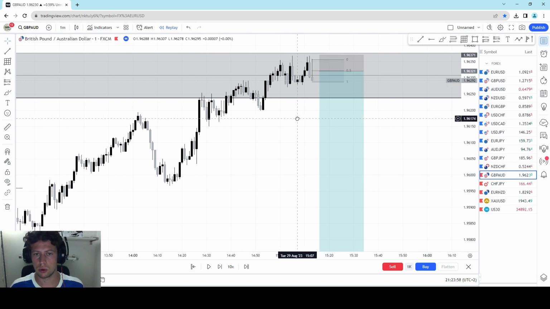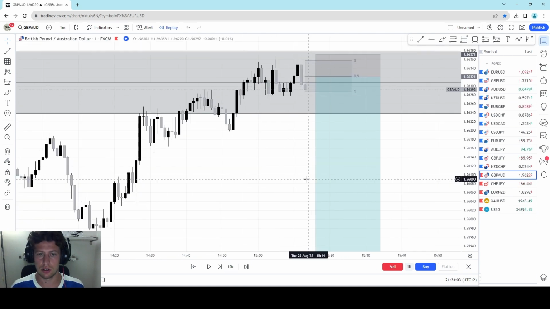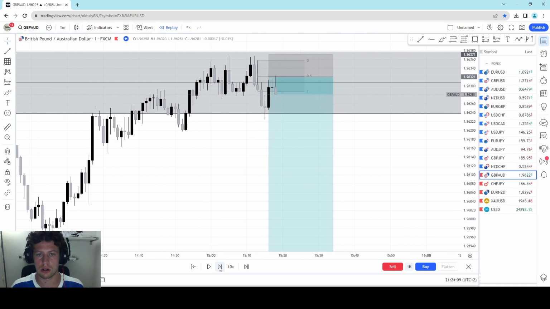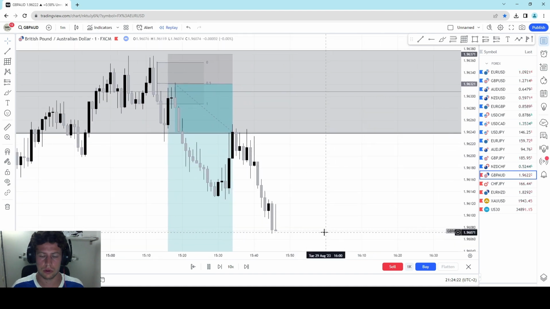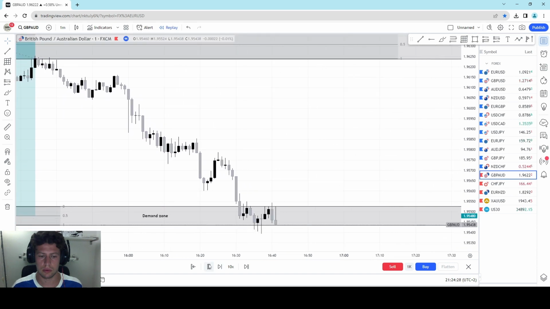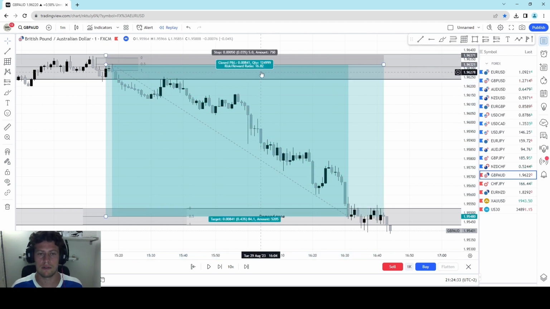Okay, so now I will play it slowly so that you can see the entry. So these candles, we are in a trade. You can see that it tapped into our entry point, and now I can play it. Okay, and it smashed our take profit. You have a beautiful 16.82